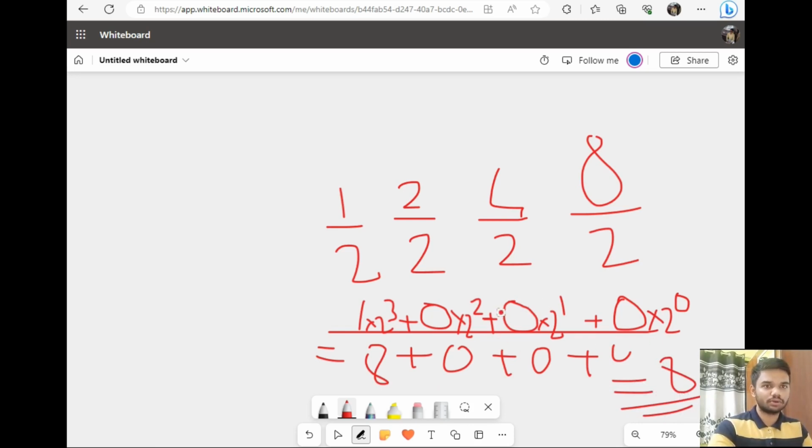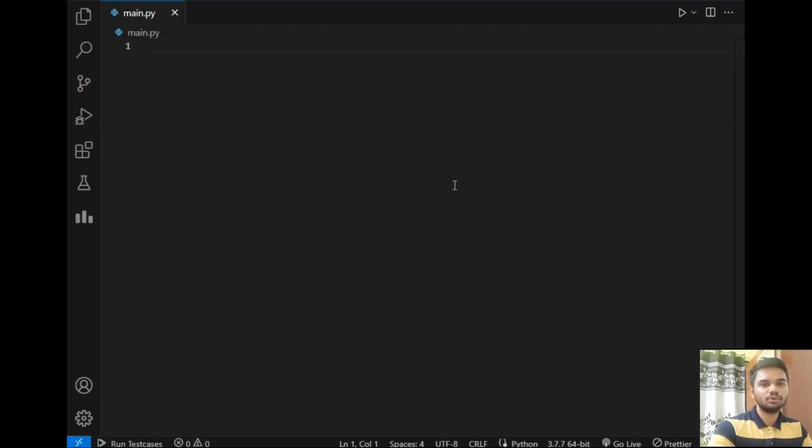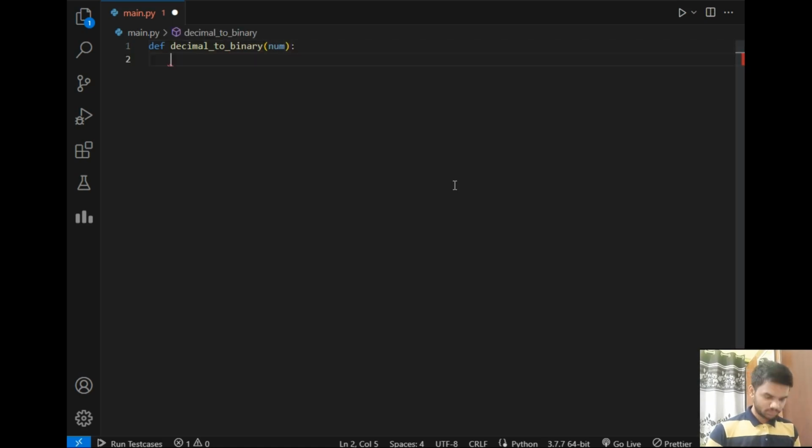So now let's code for the same. So let's move back to our VS Code. We will be creating two functions. One is decimal to binary, another is binary to decimal. So I will just create a function which is decimal to binary, and it will take input as a number, and I will just write a condition here: while num